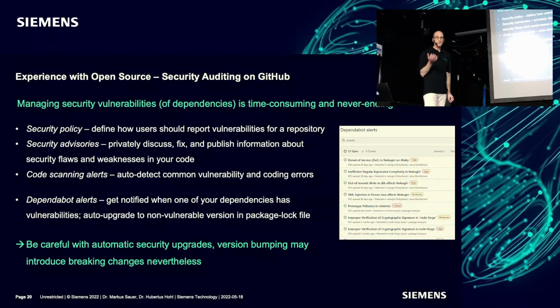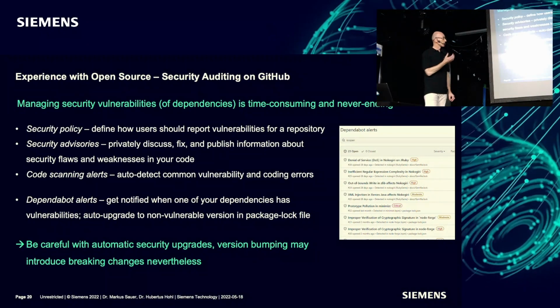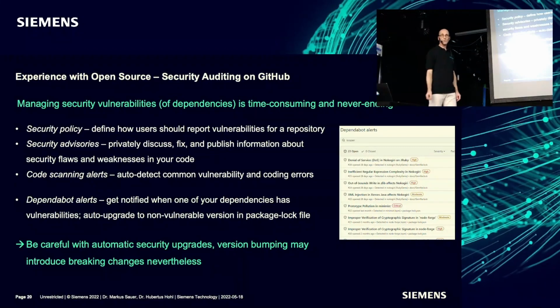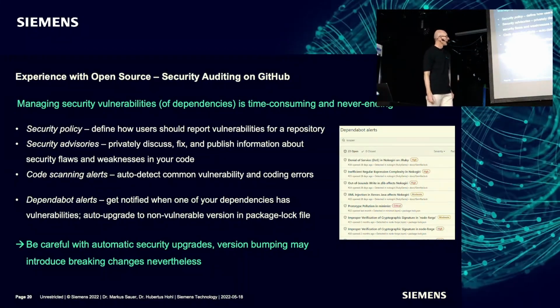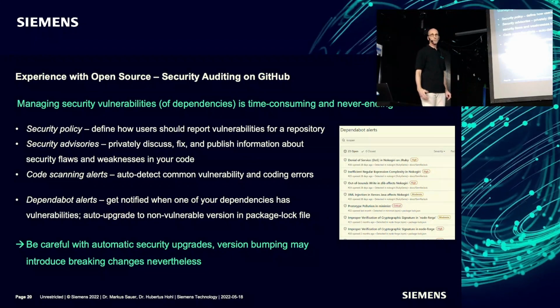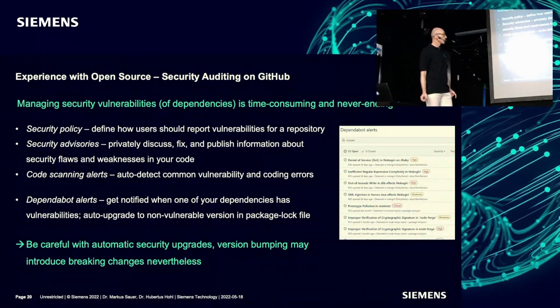So it's a thing of admin. You have to have admin rights to be in this group. And finally, you can also publish fixes, so CVEs, and publish new releases. You can do this all in a GitHub workflow. And there's also a thing we never used currently, the code scanning alert, so you have some tools which look over your code and find some coding errors. But the most important one,